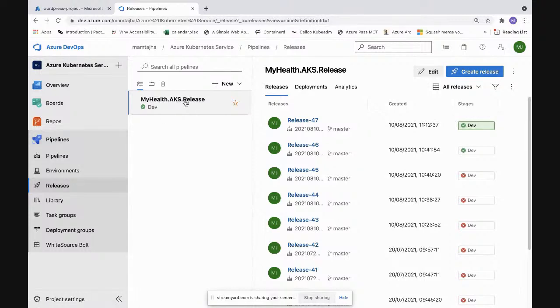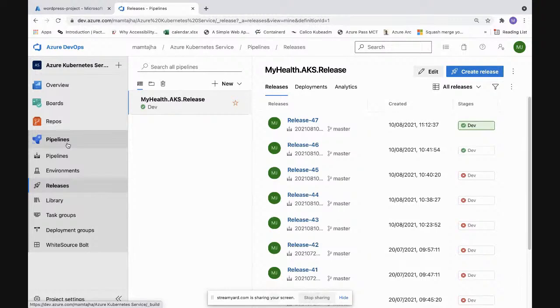At present, I just have one stage called dev. But if I have two clusters, a dev cluster and a test cluster, and if my dev guys are approving, I can move on and deploy my application in the test, or you can say it can be a staging. That flow also we can see. So these are a few of the things.